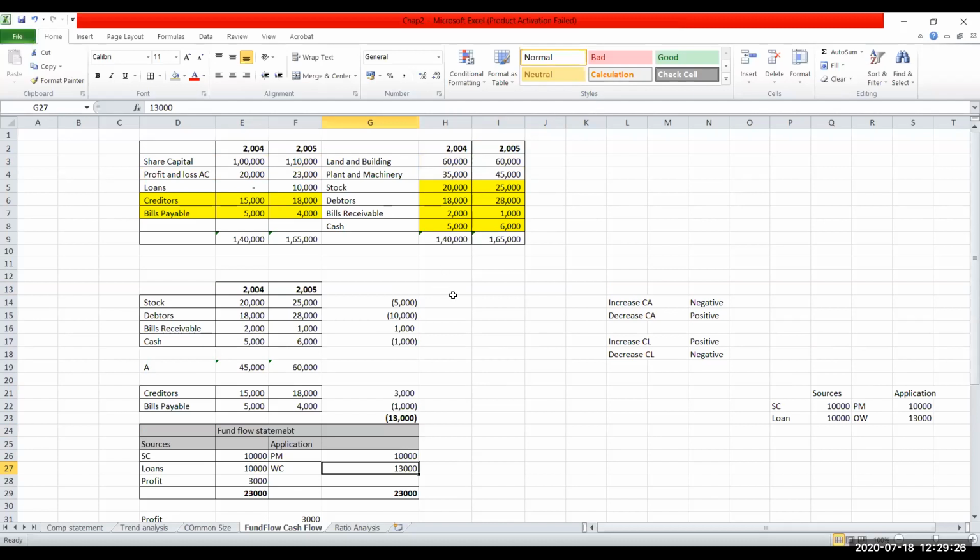Okay, so the next one we are talking about is the cash flow statement. It's a similar thing to what we do for the fund flow statement, but we concentrate only on the cash. In the cash flow statement, there are two methods of preparation: one is the direct method and one is the indirect method. Both methods are okay with all the accounting standards. But most of the industry prefers to prepare the cash flow statement using the indirect method. Okay, so in the indirect method, what happens is